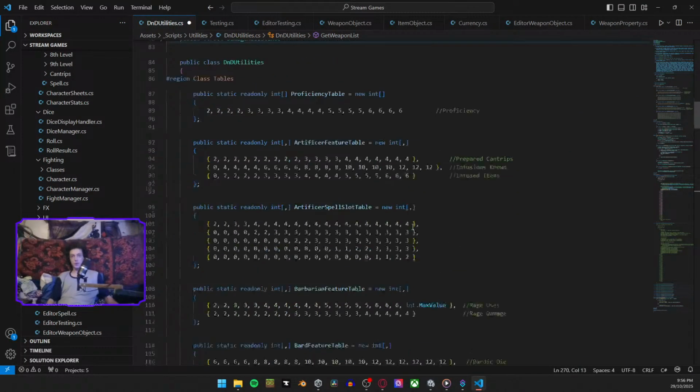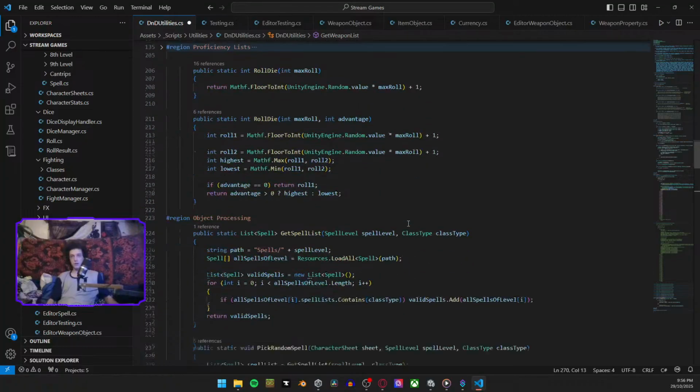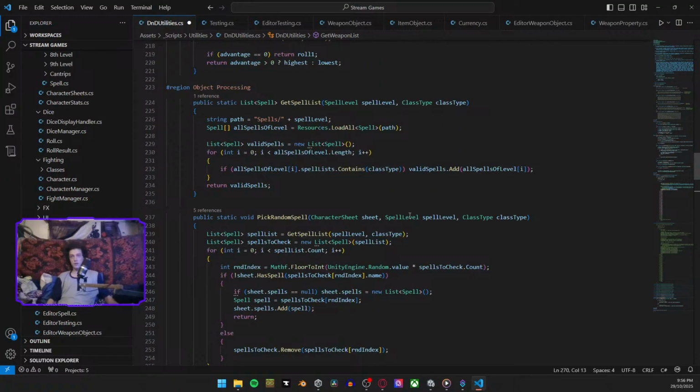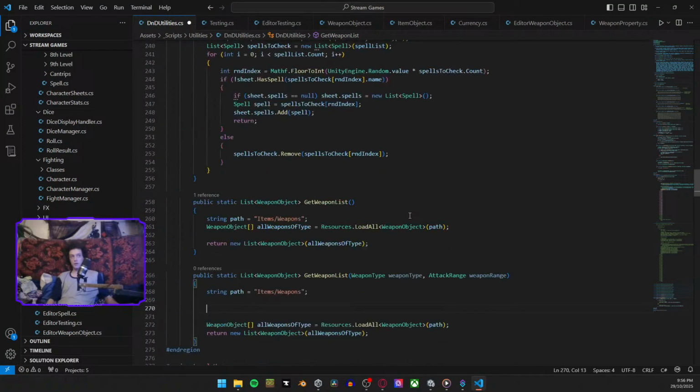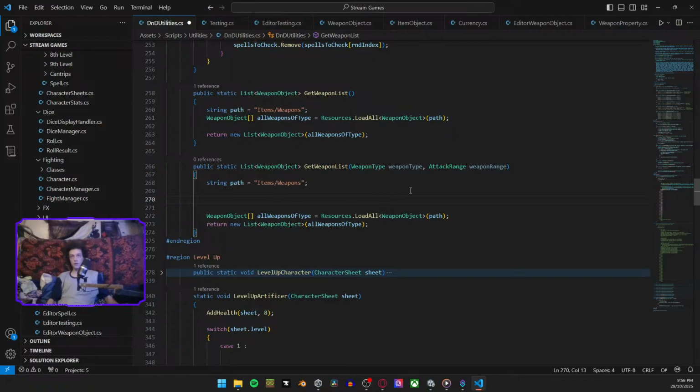They're all spelled correctly. So we say, I guess, the add range. Wait, no, it's simple and martial first, correct? Yeah, simple and martial. Alright, so we say, if weapon type doesn't